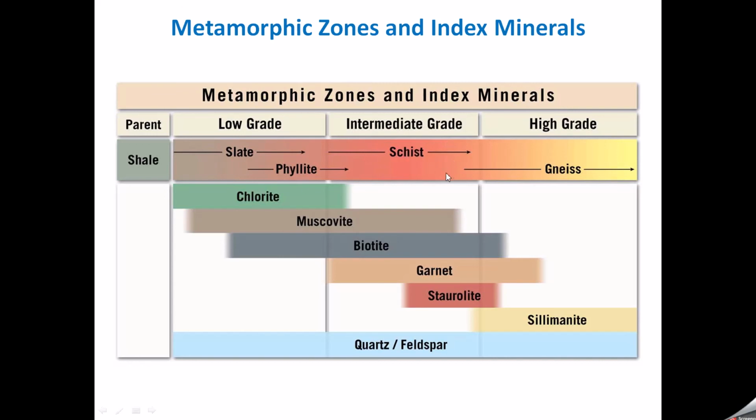If we look at the schist, we'll find staurolite, garnet, a lot of garnet, more biotite, more muscovite, and less chlorite. As we go higher in the grade of metamorphism, we'll find sillimanite, just in the high grade of metamorphism. We'll find some garnet, some staurolite, some biotite, but no muscovite, no chlorite, not dominant, I mean. And of course, still with quartz and feldspar. We can find them in all these fields.